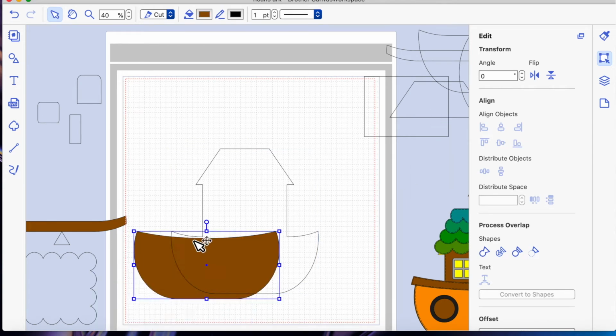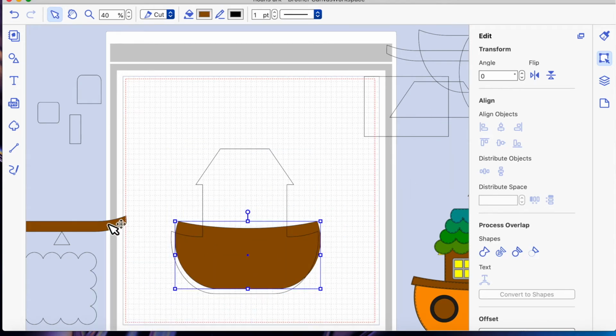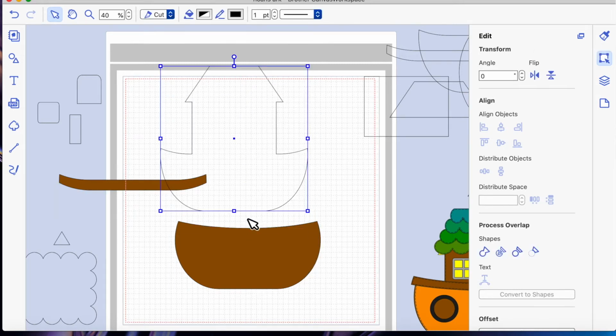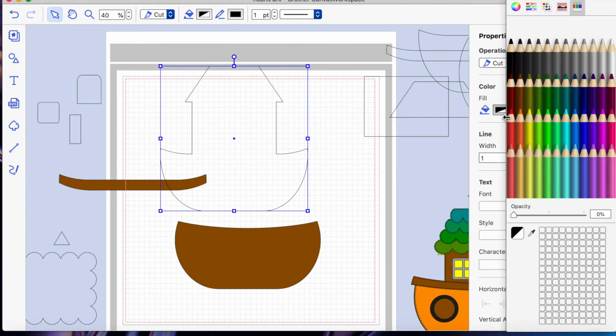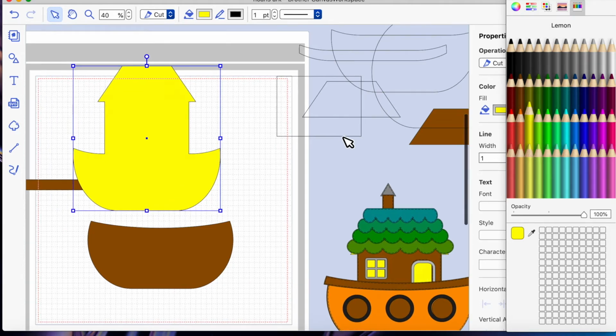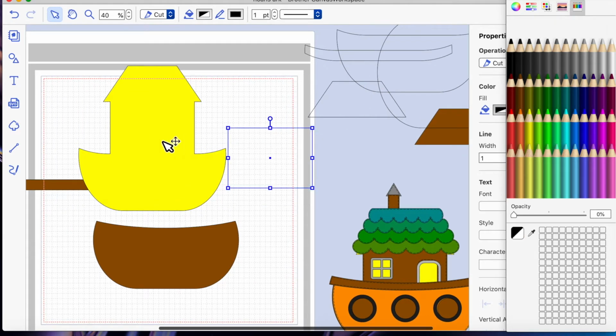So we've made this part nearly, and we've made the trim. So let's make this top bit here. So again, we're going to just move that one up and out of the way for a minute, and I'm going to make that back piece yellow, like so, so that it will show. Now where's my other piece? Here. Now I'm going to line this up